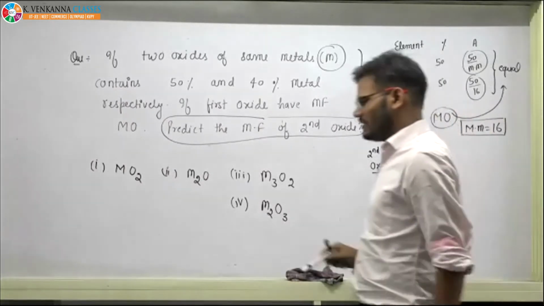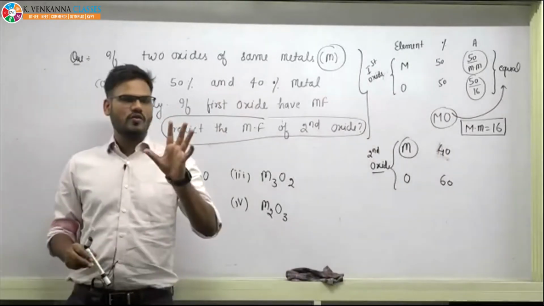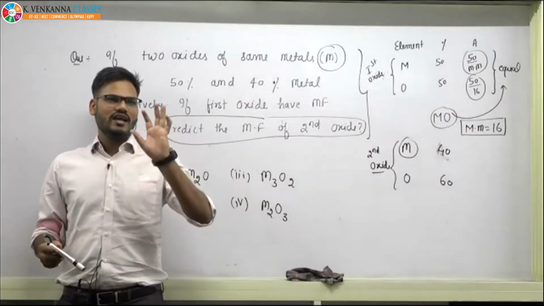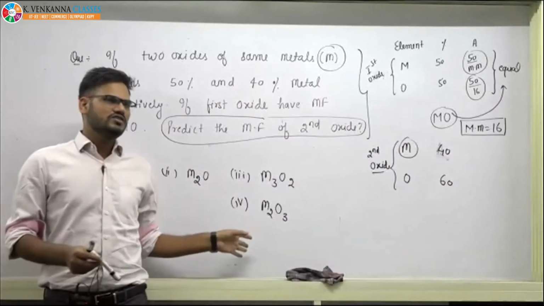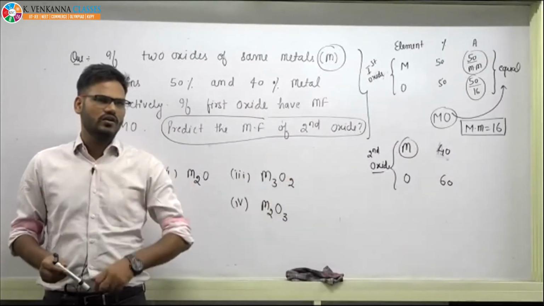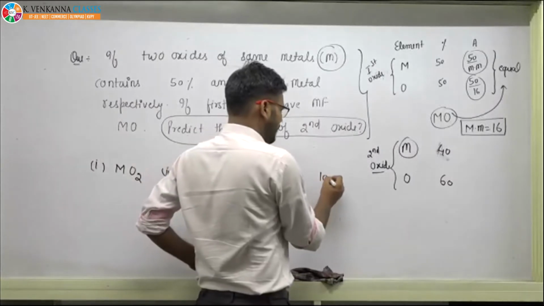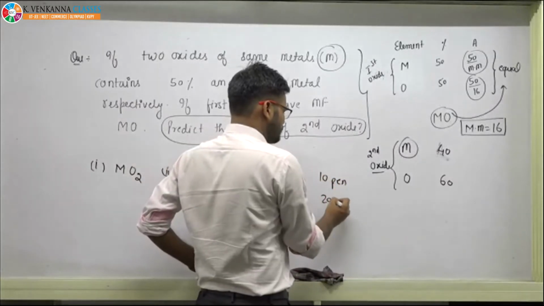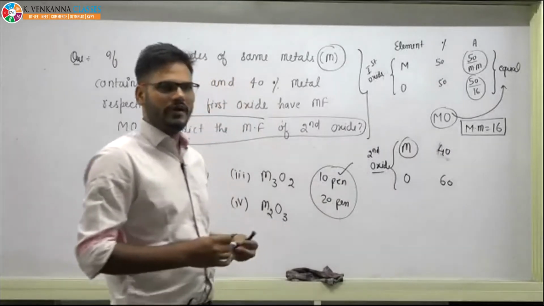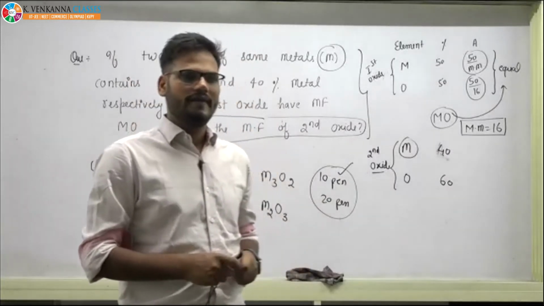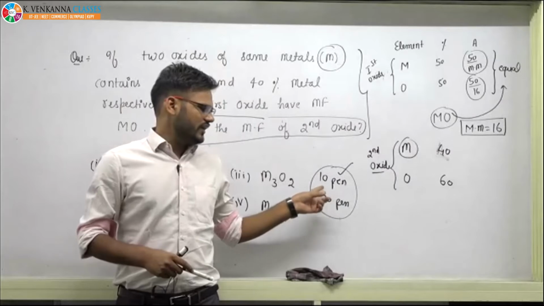No, beta, you are just guessing. At least use your common sense. You will get that it can never be MO2. You are already given the options, so even without full calculation, you can work it out. If you are having 10 pens and 20 pencils, what is the percentage of pens? If in your bag you are having 10 and 20.